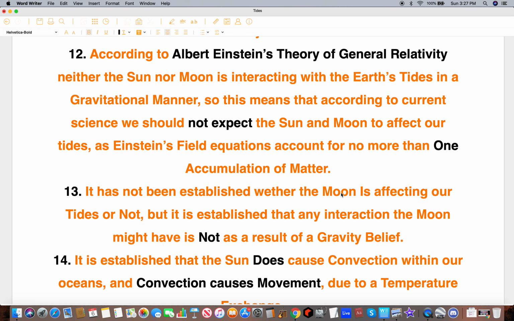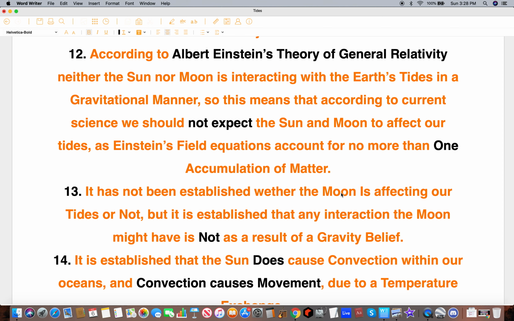So he never calculated for any more than one accumulation of matter. So there was no mass attracting mass nonsense in his theory of general relativity. So in that theory that came out in 1915, 105 years ago, when that superseded Cavendish era gravity, that took the whole idea of the sun or moon having any effect on our tides gravitationally. So there was no gravitational pull or push or anything on our tides,